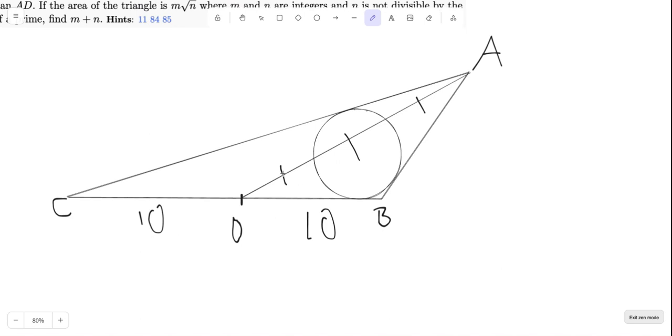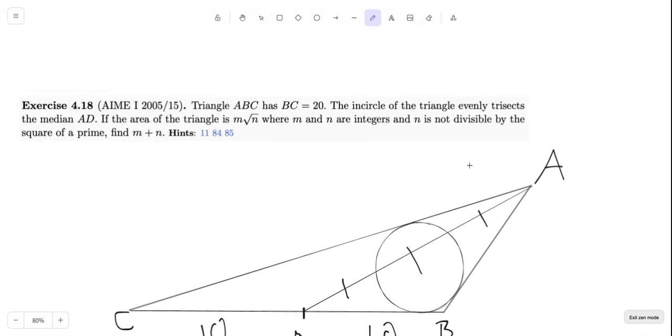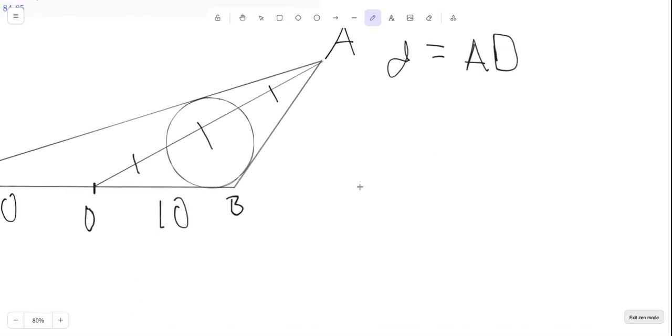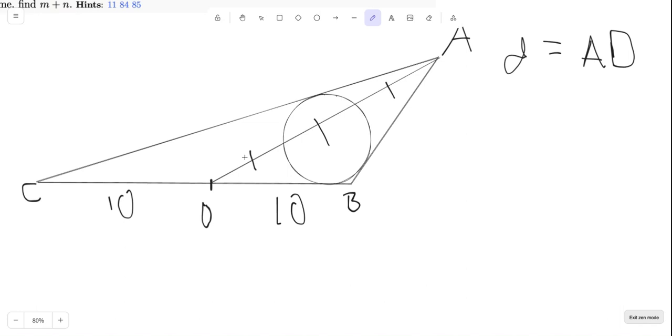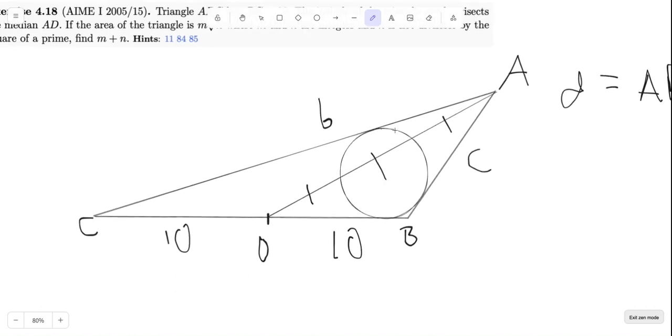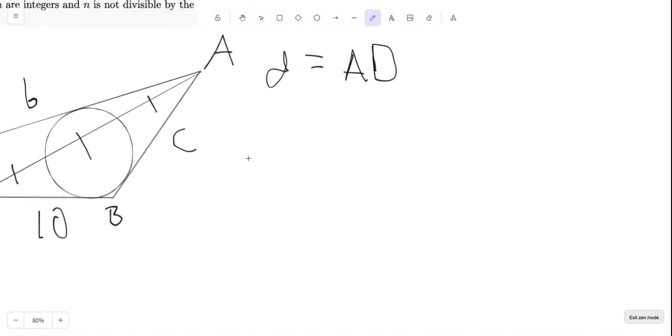Now, if we let AD be d, the length of this median, then we can first use Stewart's theorem. We can use Stewart's theorem on D, and if we let these opposite sides be c and b like that, then Stewart's theorem gives us